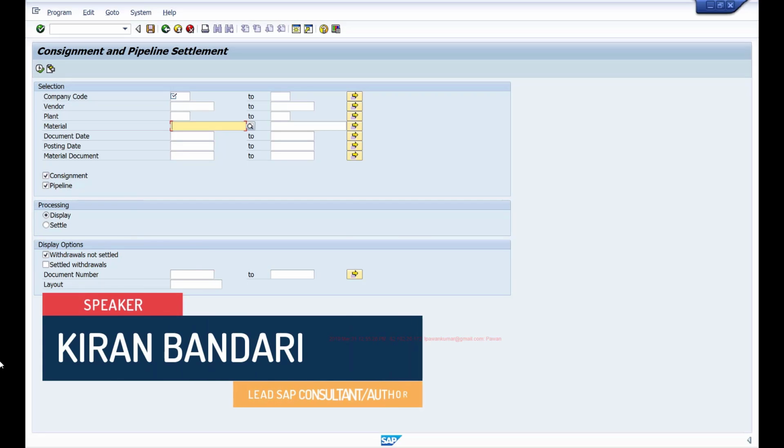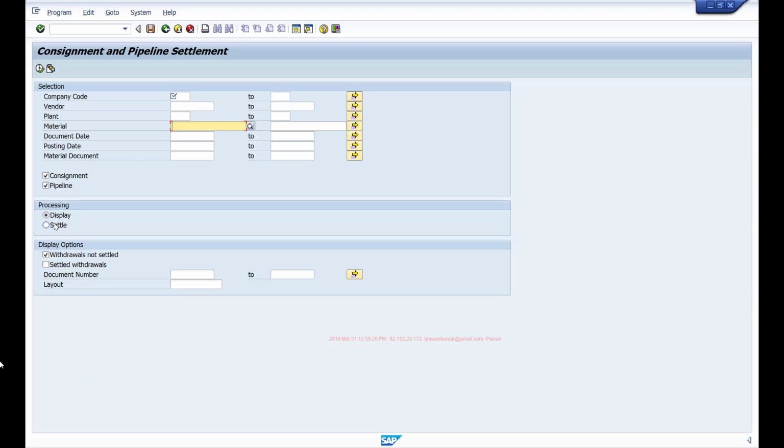As an example, I'll be using this MRKO transaction to modify the program, and to keep it simple, let's say I want to disable this settle radio button. My user says, please disable this settle radio button. We don't want to use that option in the standard SAP application, and certain users are trying to use that and it is creating some issues. So he wants to universally disable this button. Whichever the case may be, let's see how we can modify this program to disable this particular settle radio button.